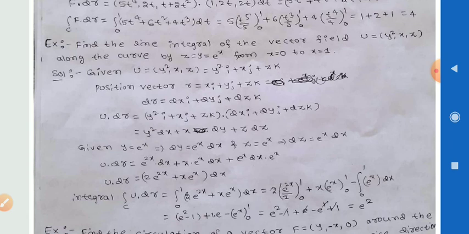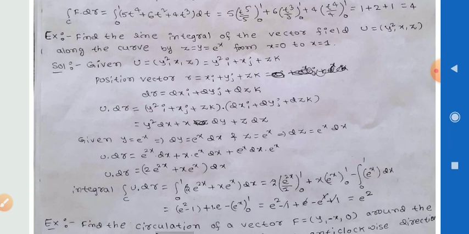Then we have the line integral. In line integral we have the formula, integration under the curve c of u dot dr is equal to, with limits x is equal to 0 to 1, the integral of 2 into e power 2x plus x into e power x dx. By doing the integration we get 2 into e power 2x by 2, the 2 is cancelled, with limit values 0 to 1, plus x into e power x. By the UV method of integration we get x into e power x with limits 0 to 1 minus the integration from 0 to 1 of e power x dx.